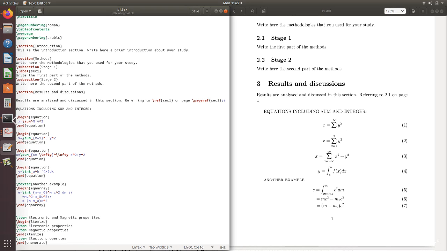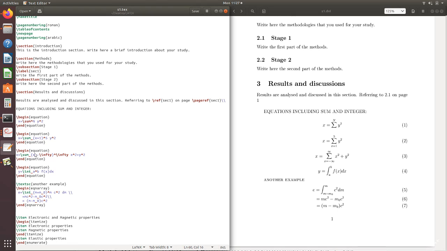Another example is x is equal to \sum. In this case also, if the limit contains more than one character, then that should be written within curly brackets. So underscore means the lower limit. Sum underscore x is equal to 1 means the lower limit is x is equal to 1, and hat 5 means 5 will be the upper limit. So that is x is equal to the sum with lower limit x is equal to 1 and upper limit 5, and then y square.